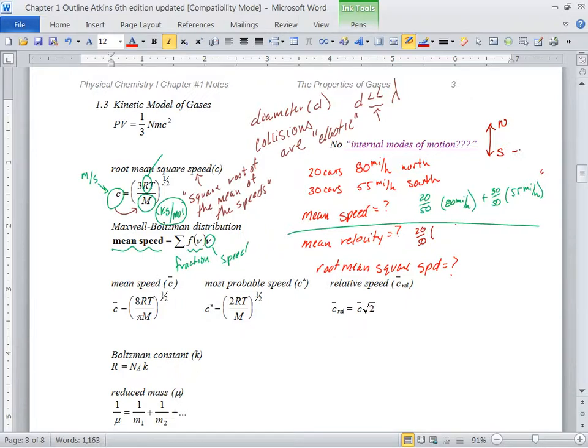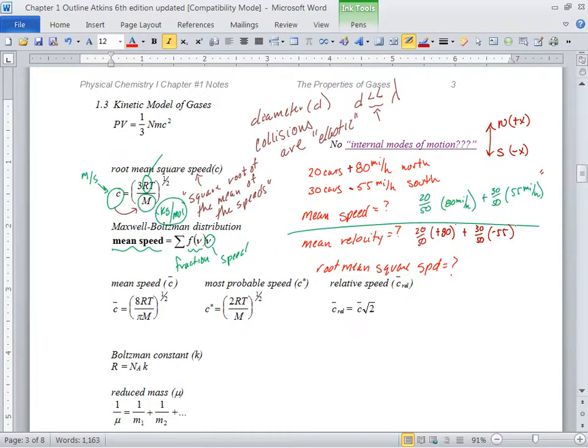Okay, so south he's saying is negative x. North is going the positive x direction. So you pick a convention and you stick with it. Doesn't matter big or small. You just got to stick with it. So that's what Jeff is saying, that 55 is negative. So you got to put a negative there, positive there. So I think he said 20 over 50 times positive 80 or negative 80? Positive 80. And then plus 30 over 50 times negative 55.